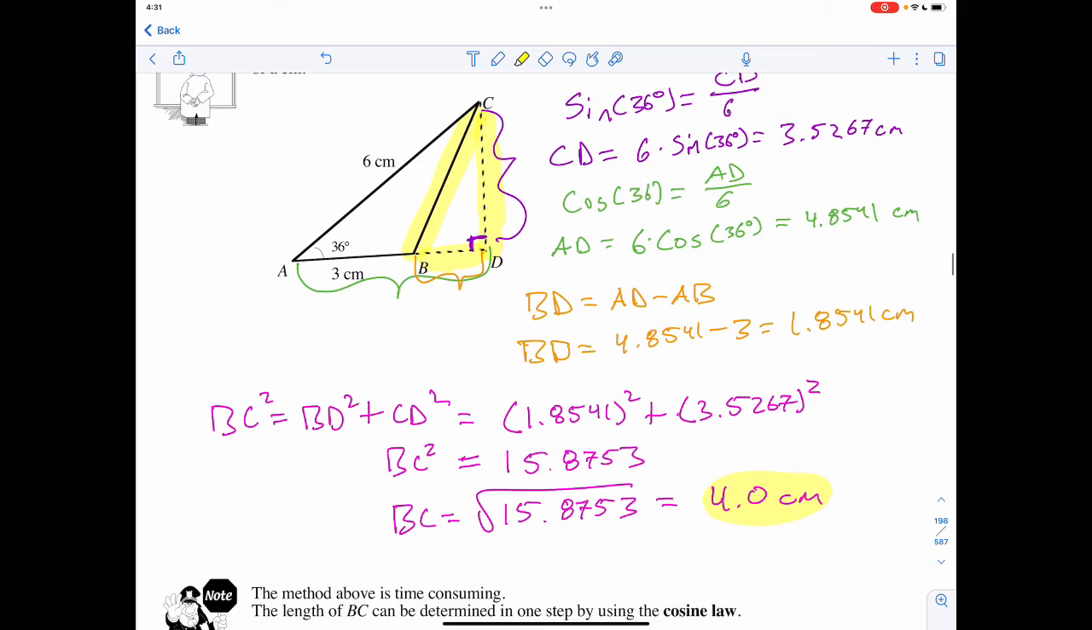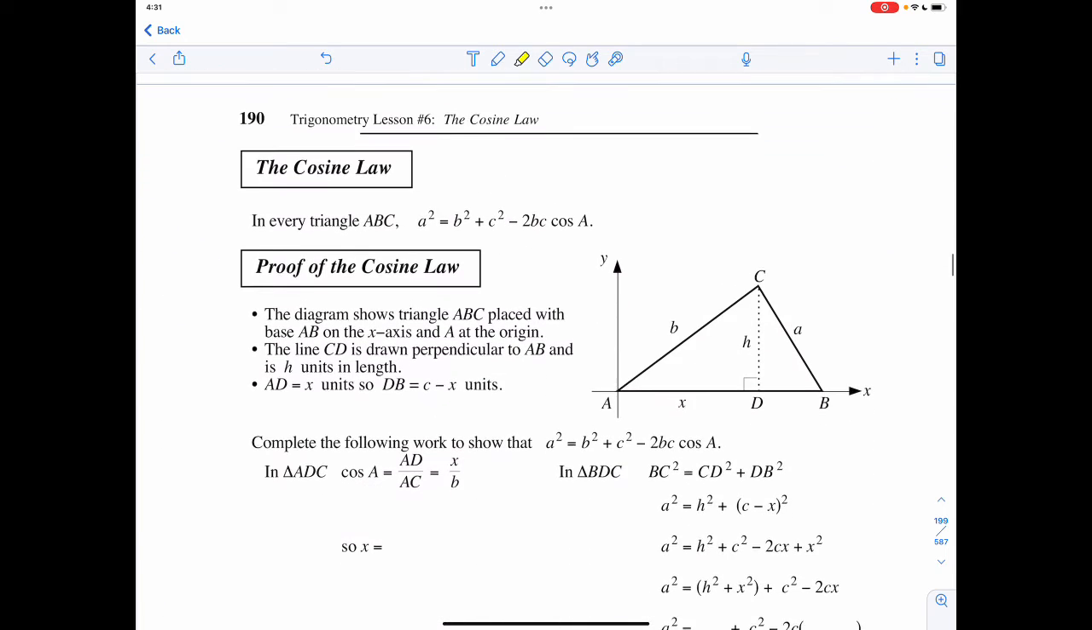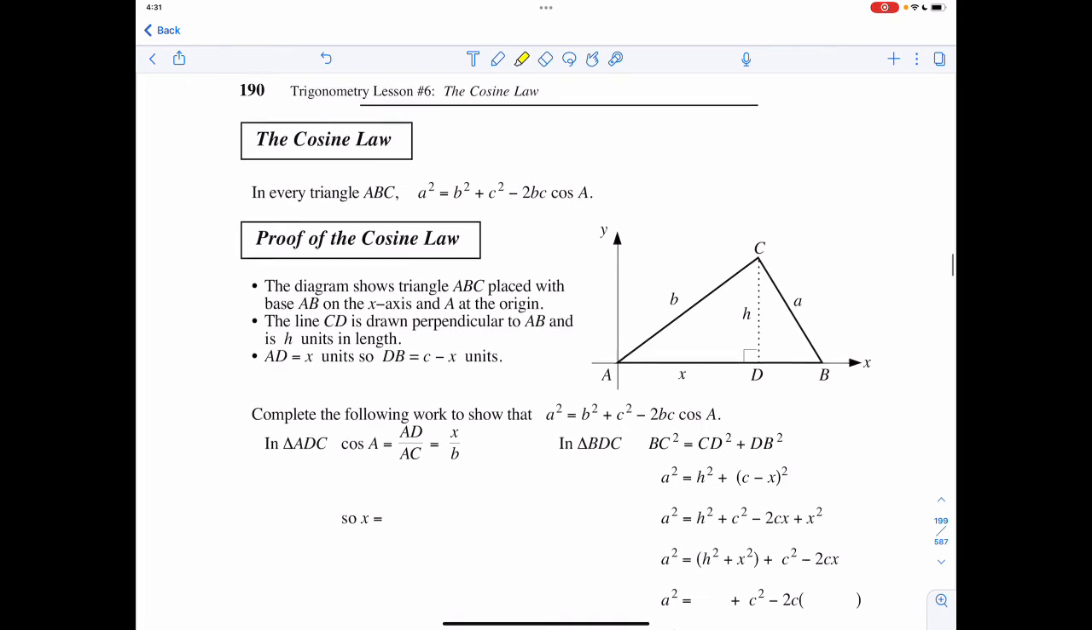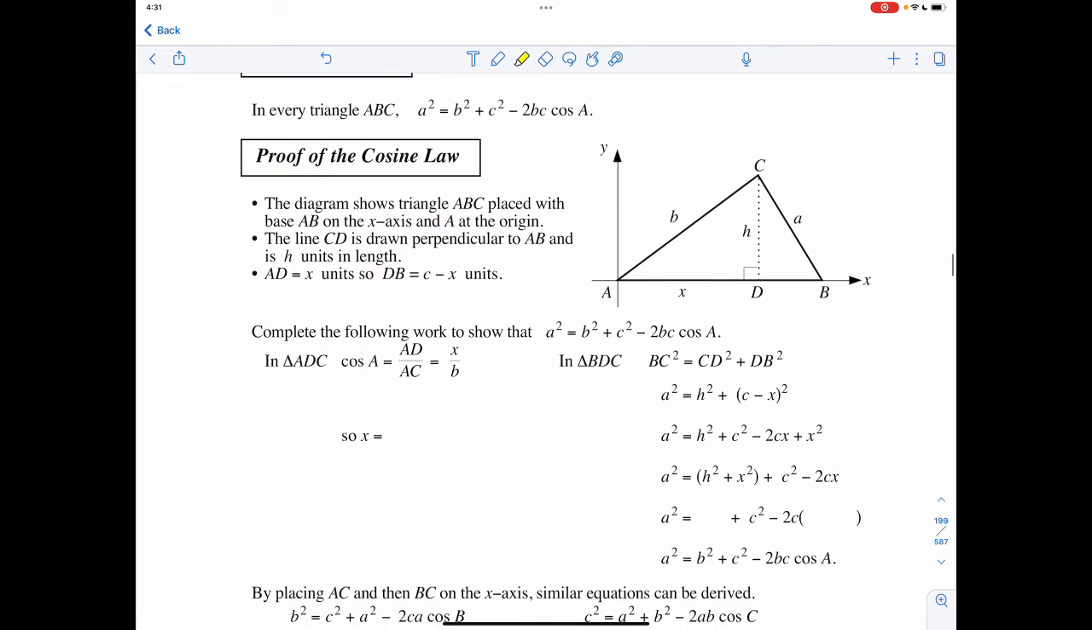Now, much like with the sine law, there's an easier way. It's called the cosine law. The cosine law is just using the Pythag theorem and then extending out the points in order to solve it. If I said that I'm going to simplify to a squared is equal to b squared plus c squared minus 2bc cos a,